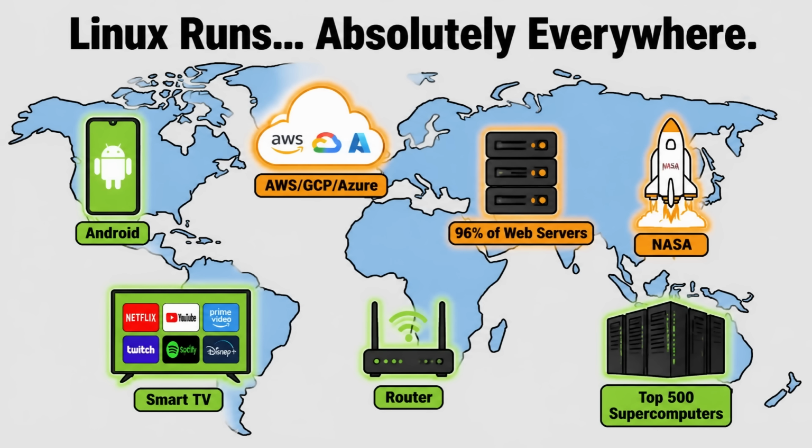Now let's flip to the Linux side. Where do you find Linux? Oh, everywhere. Your Android smartphone? It runs on the Linux kernel. Web servers? About 96% of the world's top servers run Linux. The cloud platforms, AWS, Google Cloud, Azure, all powered by Linux under the hood. Supercomputers. 100% of the top 500 supercomputers in the world run Linux. Stock exchanges, satellite systems, NASA rovers, Linux. Even smart TVs and routers often run a version of Linux. It went from a student's hobby project to the backbone of the entire modern internet.